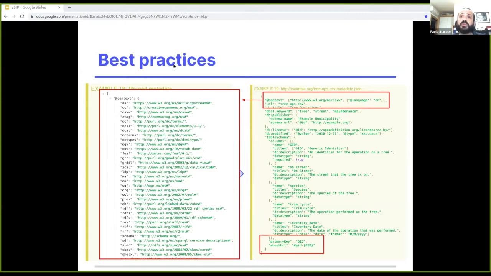And the about URL is the rule to build the URI to identify each row. So specifying the about URL is very relevant in a linked context because you can start linking your tabular data to other linked data.